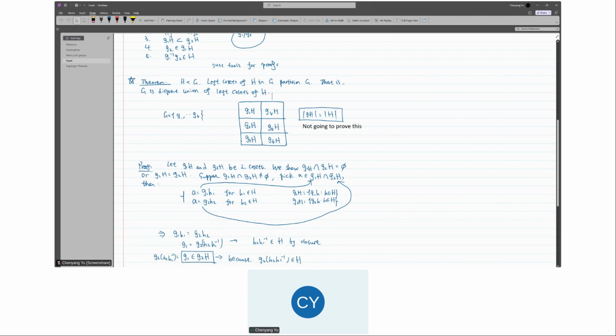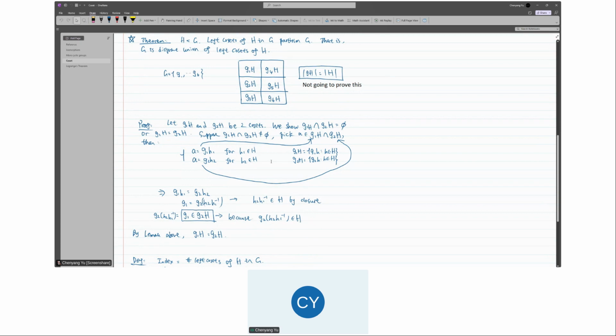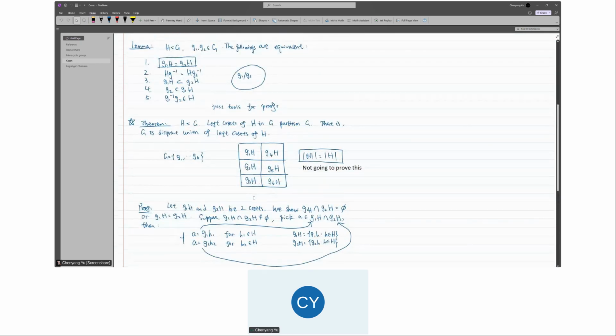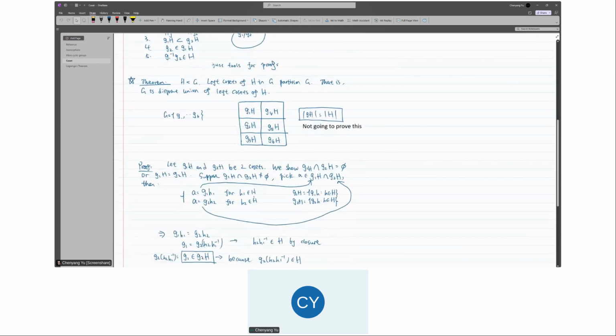So we prove a special case, and then you can generalize the proof to every pair. So the proof holds. Okay. So we pick two cosets with different representatives G1 and G2, and we want to show that they are a disjoint union. So the definition of disjoint union is just